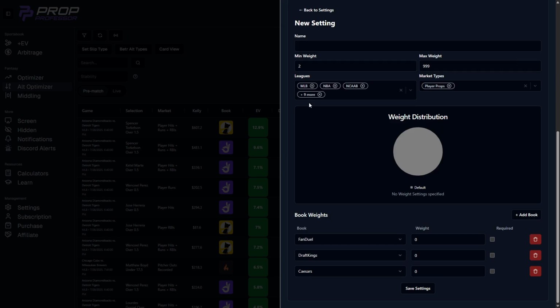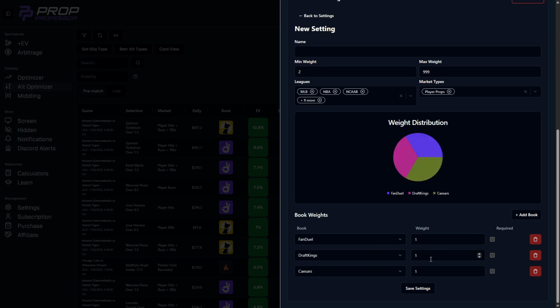Up top, I've added my min weight to 2, my market types to player props, and I've added all the leagues that I want player props to populate from. And here at the bottom, I've added 3 different books by simply clicking the Add Book button: FanDuel, DraftKings, and Caesars. You can assign a weight for each sportsbook. For example, if you give FanDuel, DraftKings, and Caesars a weight of 1, and you set your minimum total weight to 2, then a player prop will only show up if at least 2 of those 3 books have odds